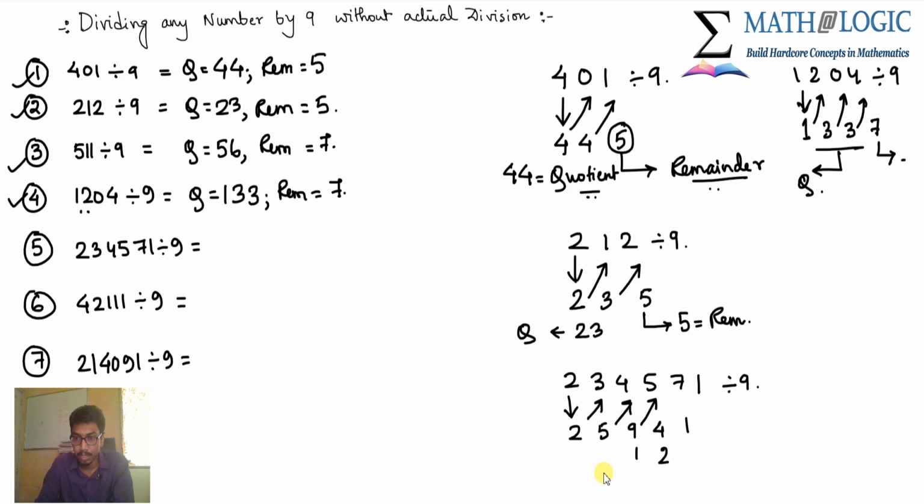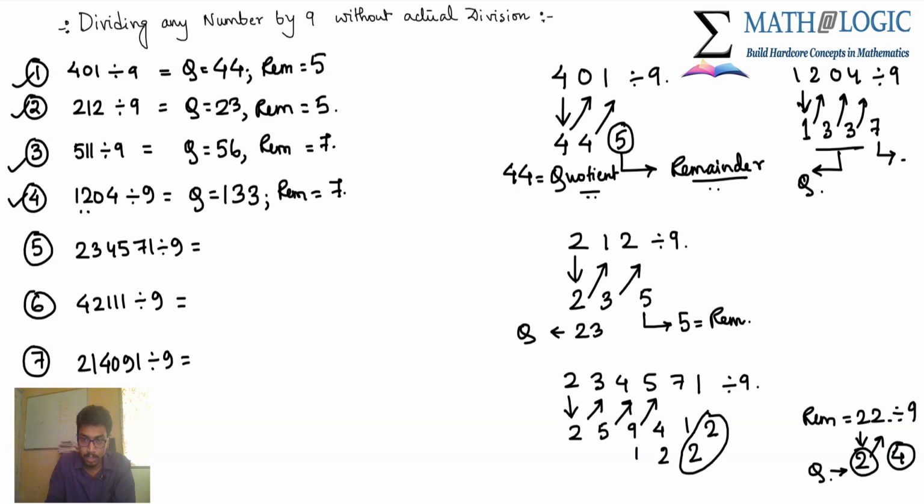Okay. Then 21 plus 1 is 22. So this is 2 and this is 2. But this 22 was the remainder. But the remainder cannot be 22. It is again divisible by 9. How many times? Obviously you can do like this again. It is 2 and remainder will be 2 plus 2, 4. So that means this 2 is basically this extra quotient that is coming.